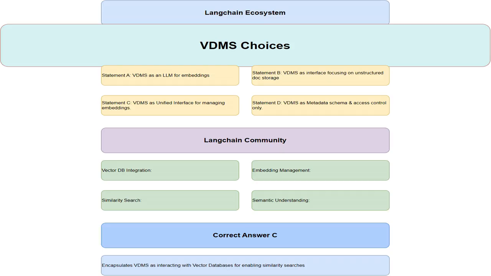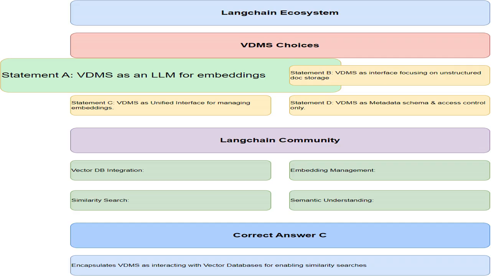Okay, let's consider the choices given to describe the Vector Database Management System, or VDMS, and determine the best answer. Now, let's examine Statement A, which posits that VDMS is a large language model, or LLM, used for generating embeddings. This is not entirely correct. While embeddings are crucial, the main role of VDMS is not the generation of embeddings themselves, but instead focusing on